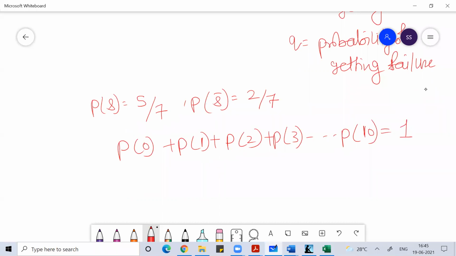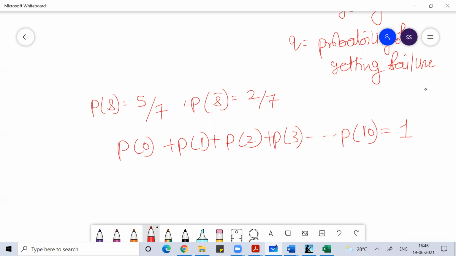Ultimately, the total probability will be equal to 1. I hope you are agreeing with me. So the sum total of all the probabilities will be equal to 1. If I give 10 problems to Bhavesh, all of this can happen: either Bhavesh cannot solve any problem, or he could end up solving one problem, or two, or three, or he can solve all 10 problems. The sum total of these probabilities is 1.